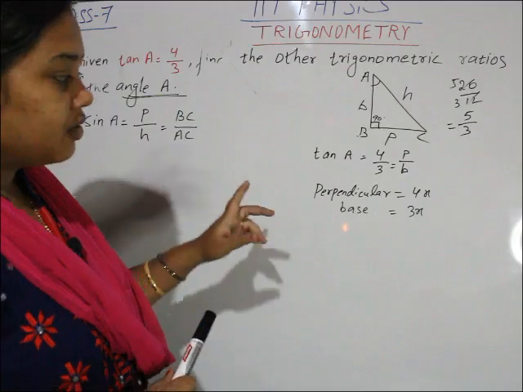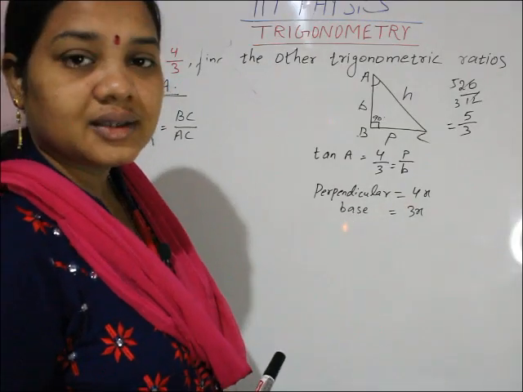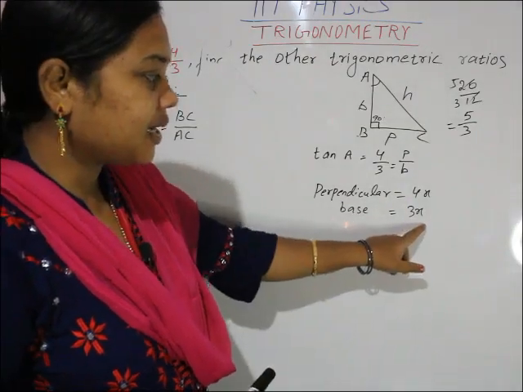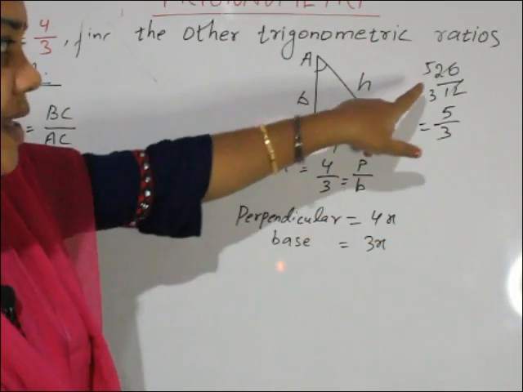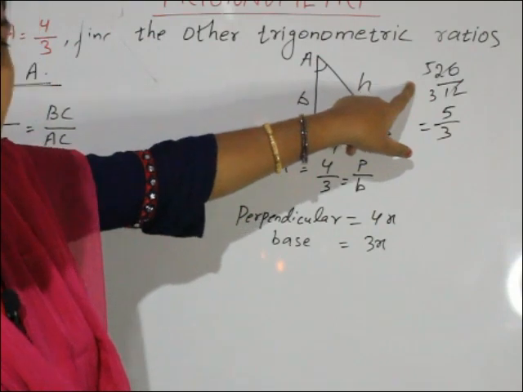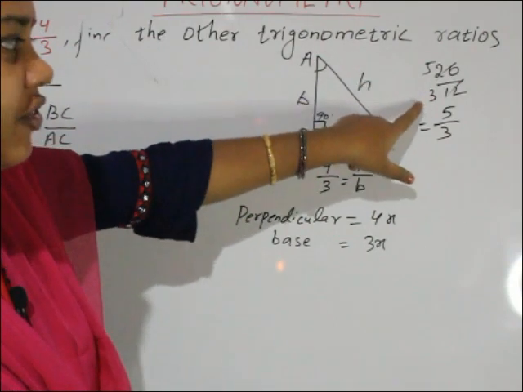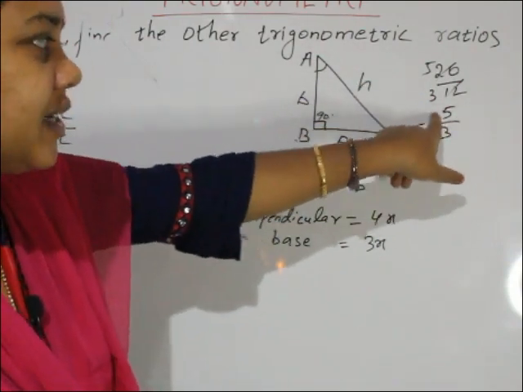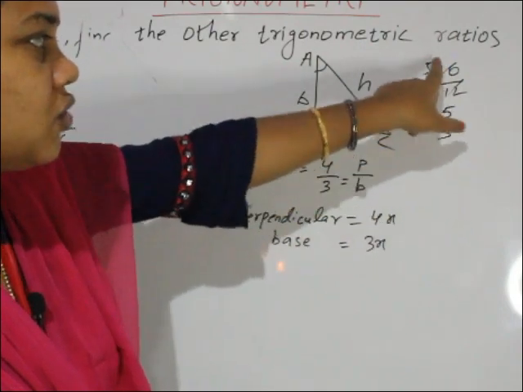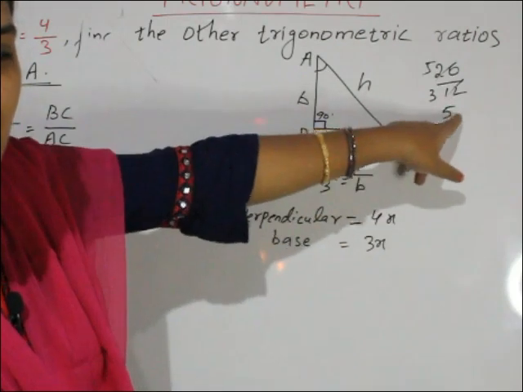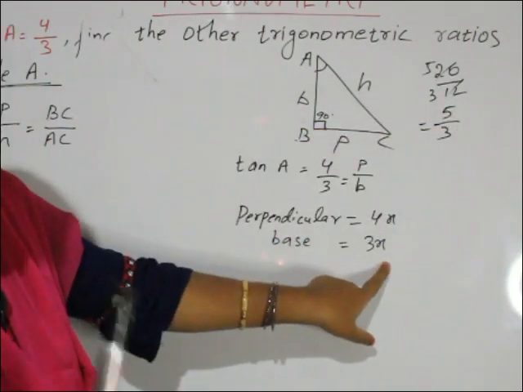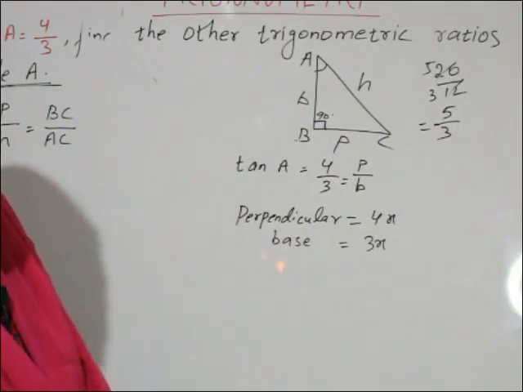That's why we have given 4x and 3x. X will be the common factor for both. What is cancel? Suppose here we cancel with the 4 table: 4 5s are 20, 4 3s are 12. So what is 4? It's an x here. The common factor for both, which is cancelled.